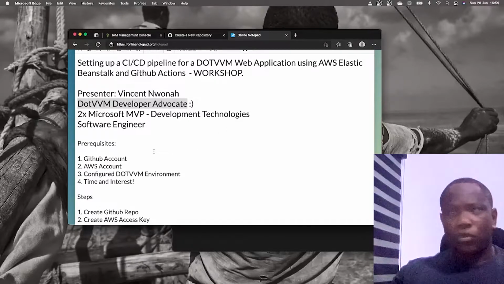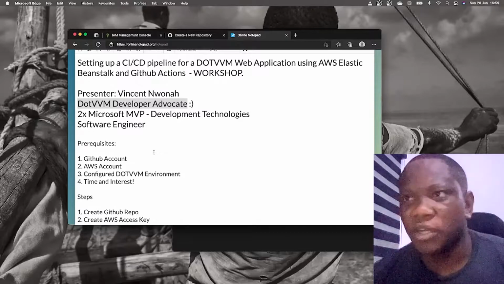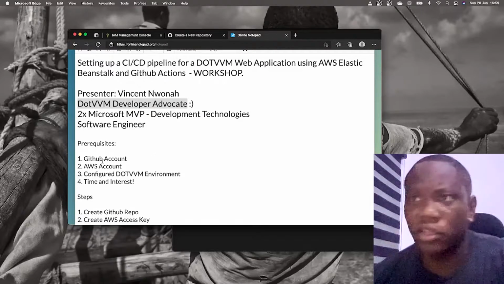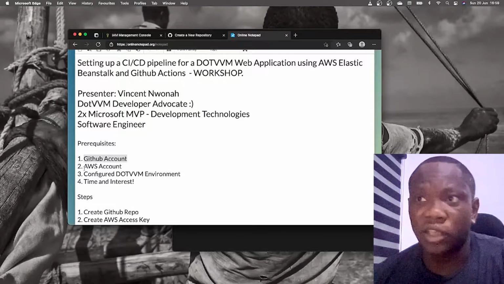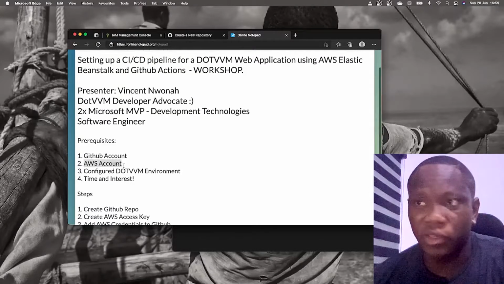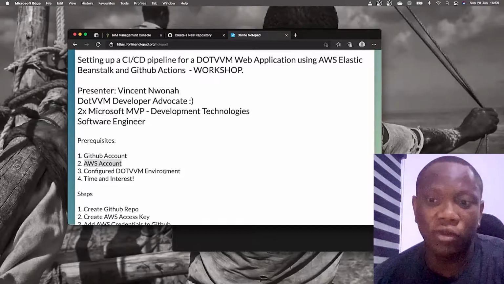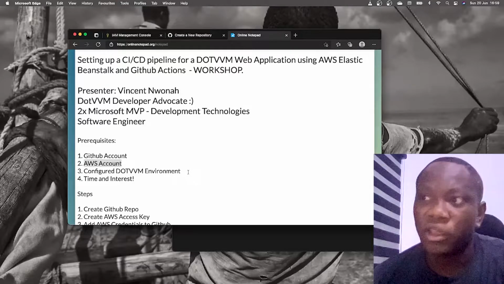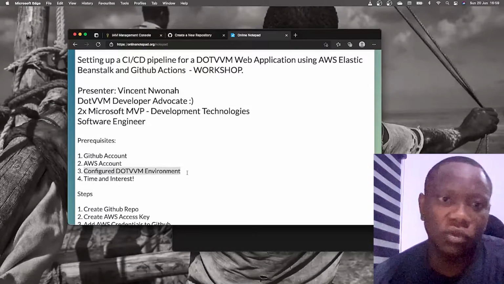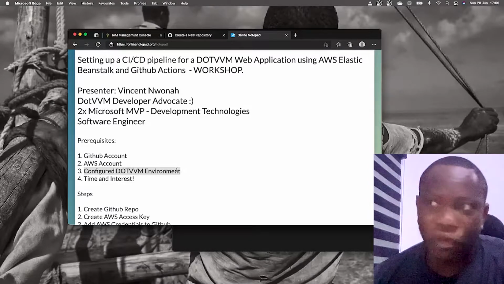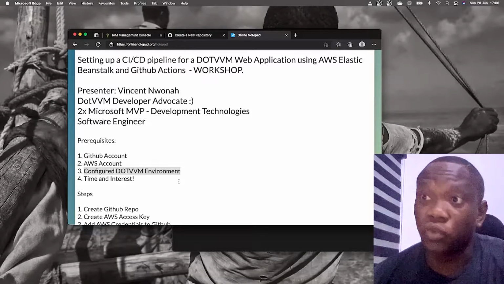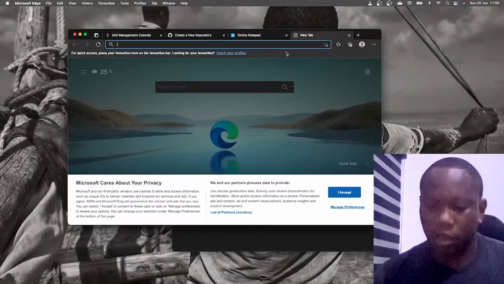So for you to follow along with this project, what are the prerequisites? First of all, you need a GitHub account. Obviously, you need an AWS account. You can create an AWS account, and all of this can be done under the free tier, so you don't have to spend any money on this. You should be able to already create .vvm applications, whether from a Windows or from a Mac. I am working on a Mac here, but if you don't already have .vvm configured on your Linux or Mac environment, I have